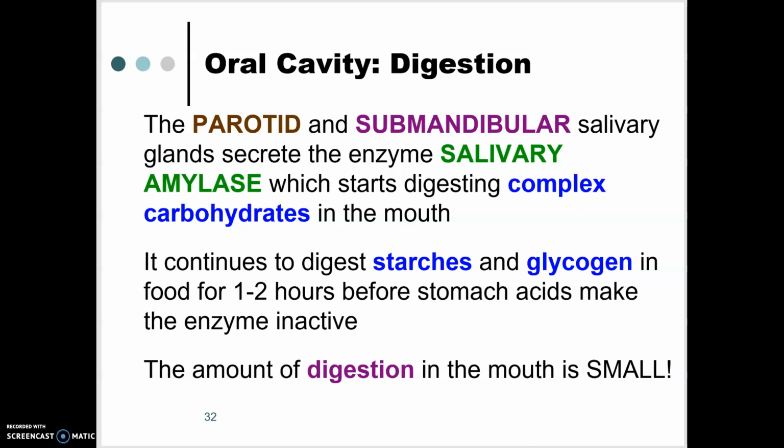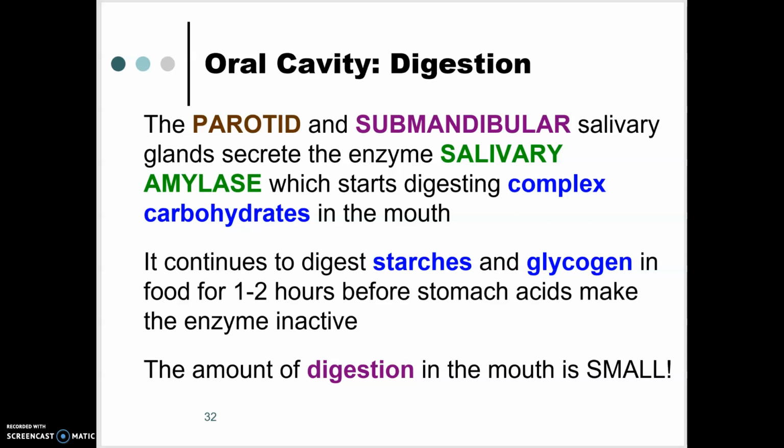Now, the parotid and the submandibular glands are going to secrete this enzyme called salivary amylase. And amylase is an enzyme that breaks down starch, which is known as a quite complex carbohydrate. So if you take in a complex carbohydrate such as starch, as soon as you bite into it and it reacts with the saliva, we're going to have the beginning of chemical digestion. Okay? It's in the mouth, so we're also going to have physical digestion as well, but this will be the very start of our